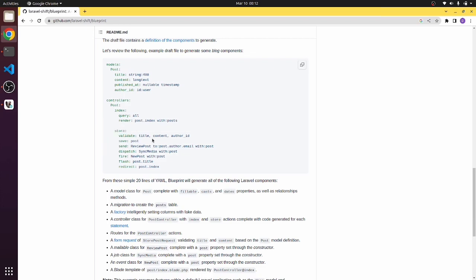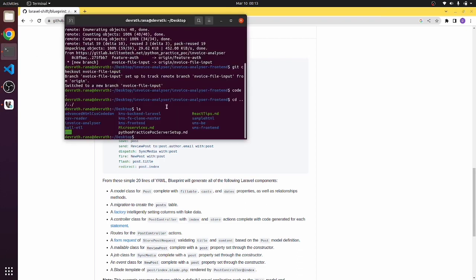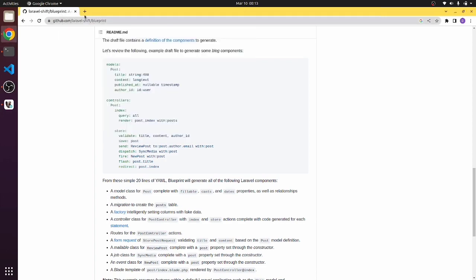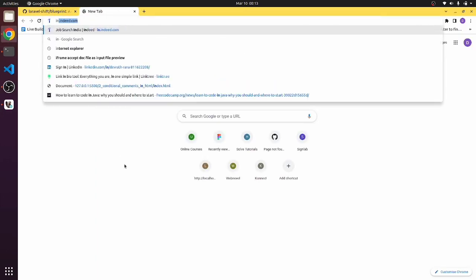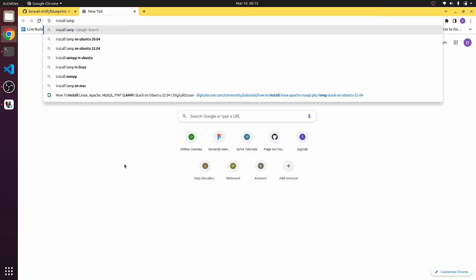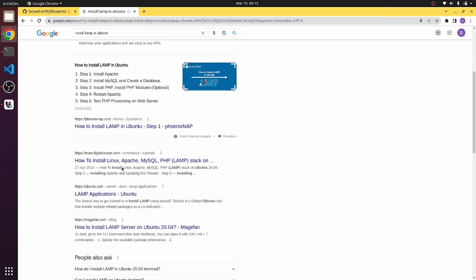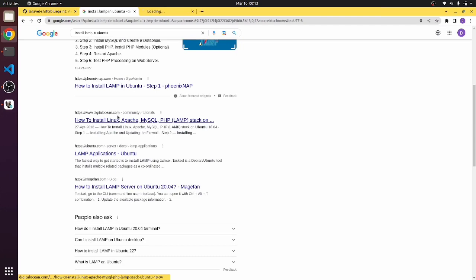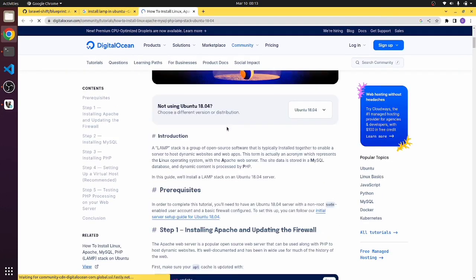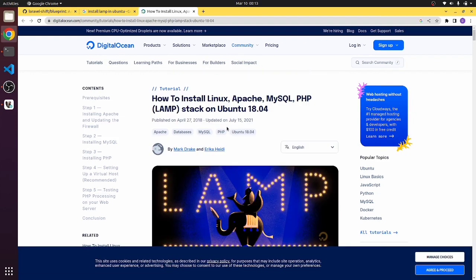So before that, you should have LAMP in your system. I'm using Ubuntu. So for LAMP installation, I will go to install LAMP in Ubuntu. Then I will go to this website. This DigitalOcean is a very good website for reference purpose for installing LAMP. You can also change the version of your Ubuntu according to your needs by searching the version of your Ubuntu,